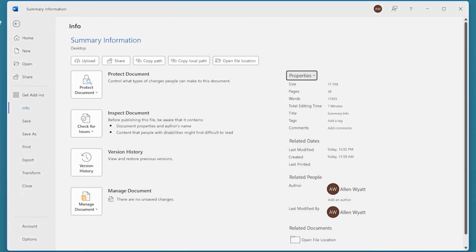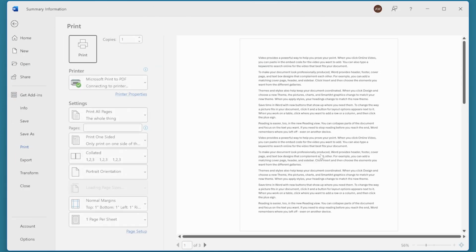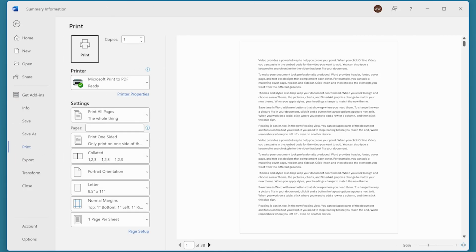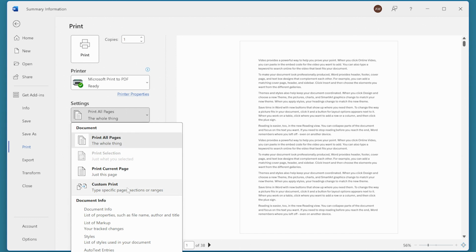Now you can go back to your document, and if you want to print the summary information, you can do so quite easily. We just press Ctrl P, which takes us to the back office area where we can set the printing options. And using the drop-down list that's right underneath the word Settings, we would go ahead and choose